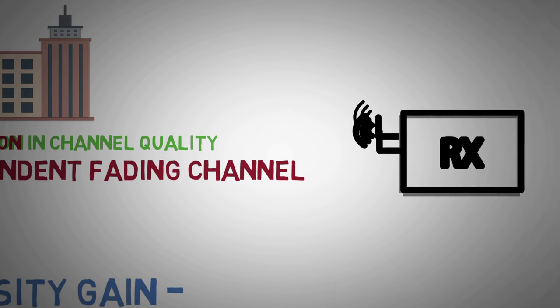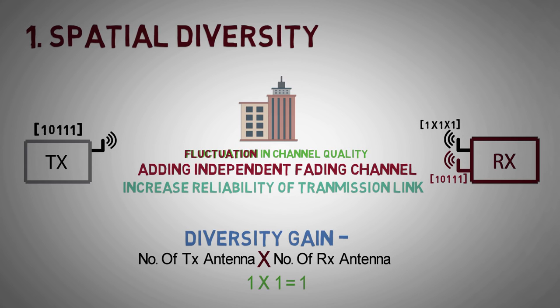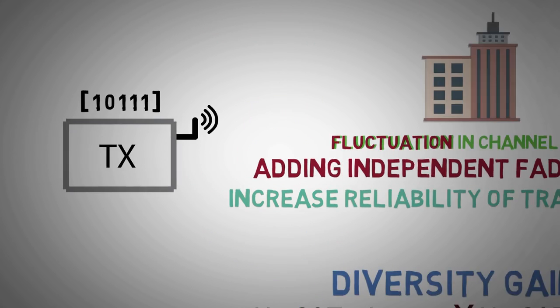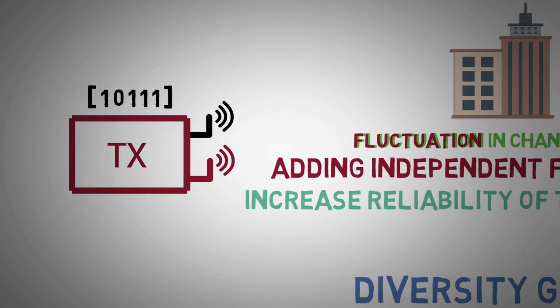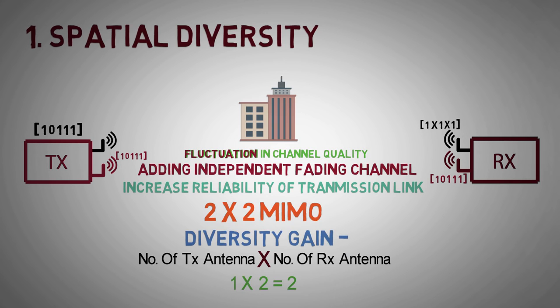Let us increase the number of receiving antennas by 1. The chances of proper delivery of the data across the two links is very high. Thus, an additional fading channel increases the reliability of the overall transmission. Here diversity gain is 1 times 2, which is equal to 2. In this way, more diverse paths can be created by adding multiple antennas at the transmitter side as well. The following figure shows a 2x2 MIMO system with the number of diversity paths equal to 2x2, which is equal